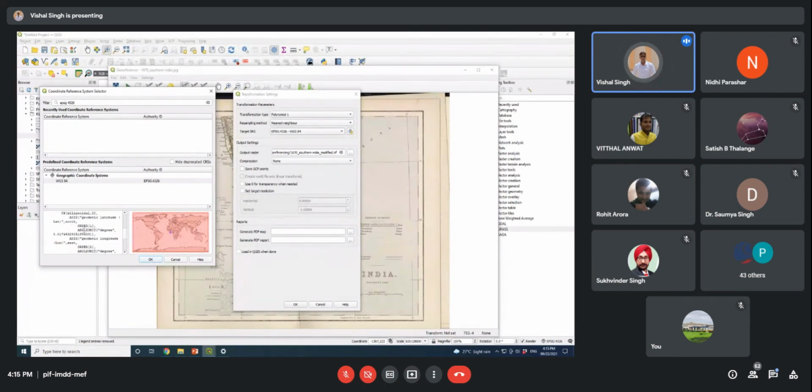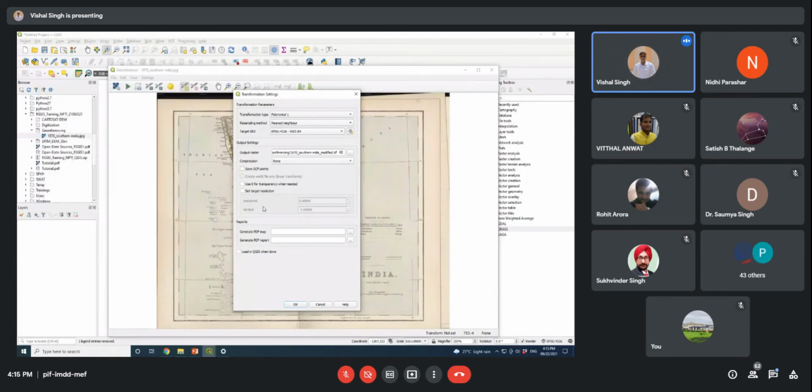Some angular information, like the unit is degree, because we are going to provide latitude longitude information. So here you can visualize the parametric information about the particular geographic coordinate system. Click on the OK button, and it will automatically be selected here like this.